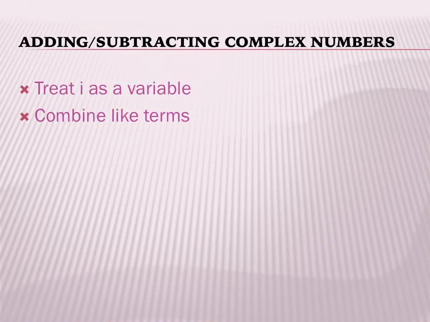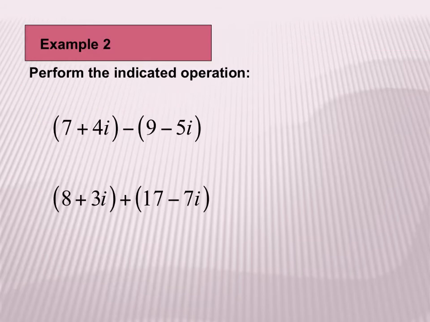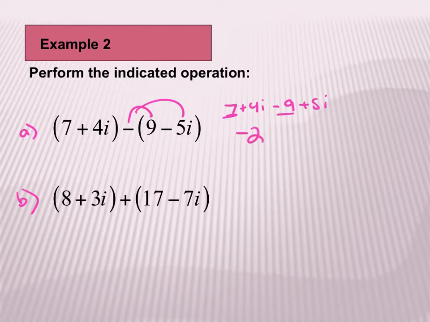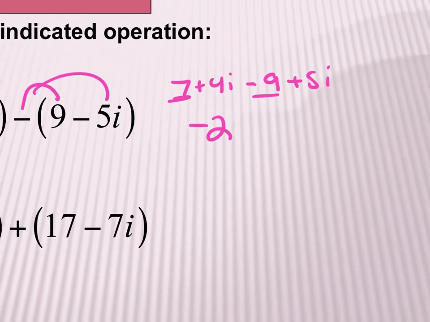Adding and subtracting complex numbers, we're going to treat I just like we do a variable, just like it's an X. Okay, and then we're going to combine our like terms, and again, standard form, you always put the I at the end. That's the only difference. So this says perform the indicated operation. Let's call this A and B. A has a minus between, just make sure you distribute that to both. I'd get 7 plus 4i minus 9 plus 5i. 7 plus, minus 9 becomes negative 2. And then 4i, positive 4i,